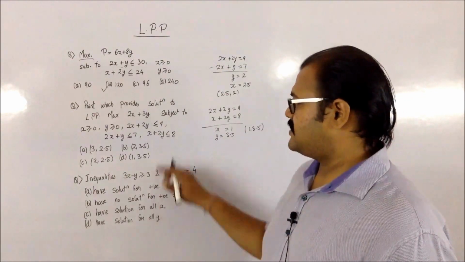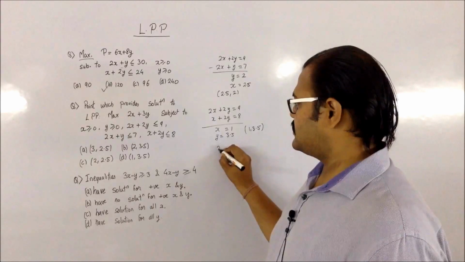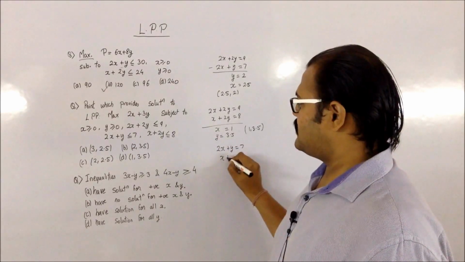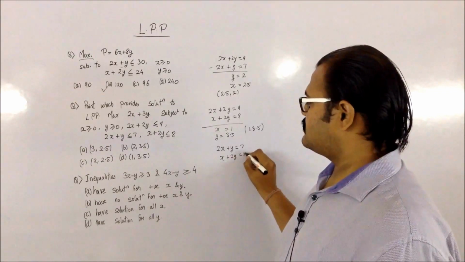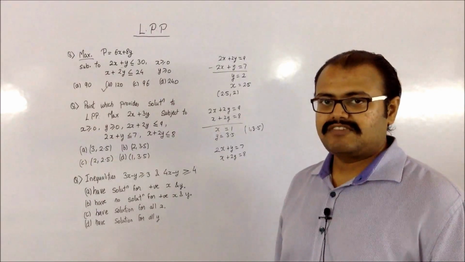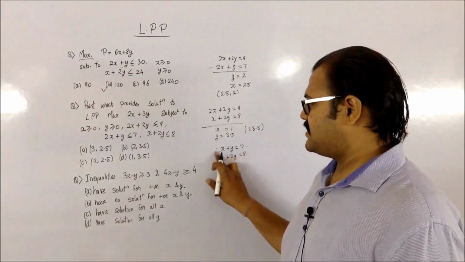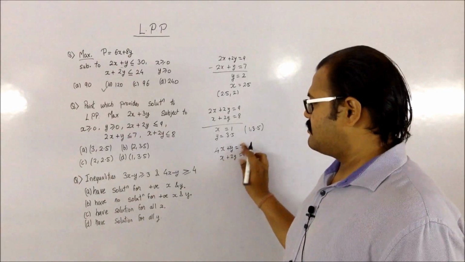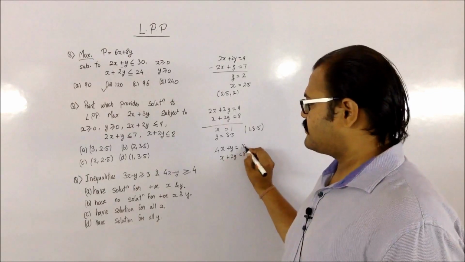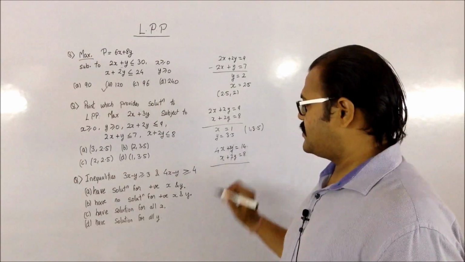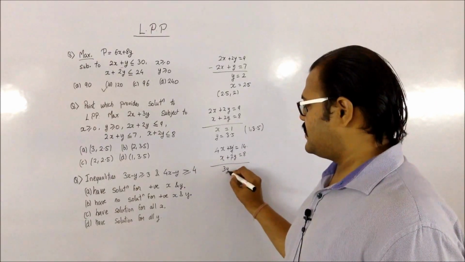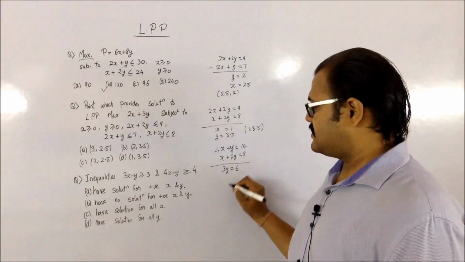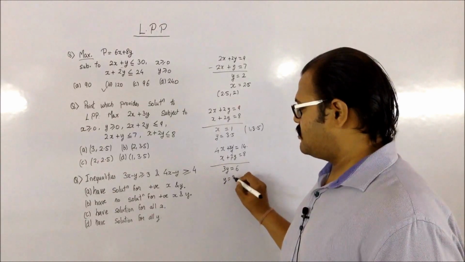Then next I have to take these two, so let us take that. 2x plus y equals 7, x plus 2y equals 8. To solve this, we can multiply the first equation by 2. So I'll be getting 4x plus 2y is equal to 14. Subtracting that, my 2y gets cancelled, my 3y will be equal to 14 minus 8, which gives me 6. So my y will be equal to 2.